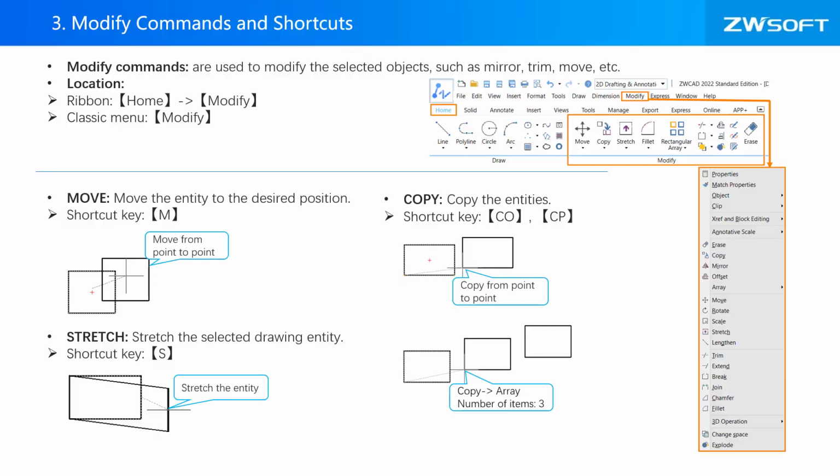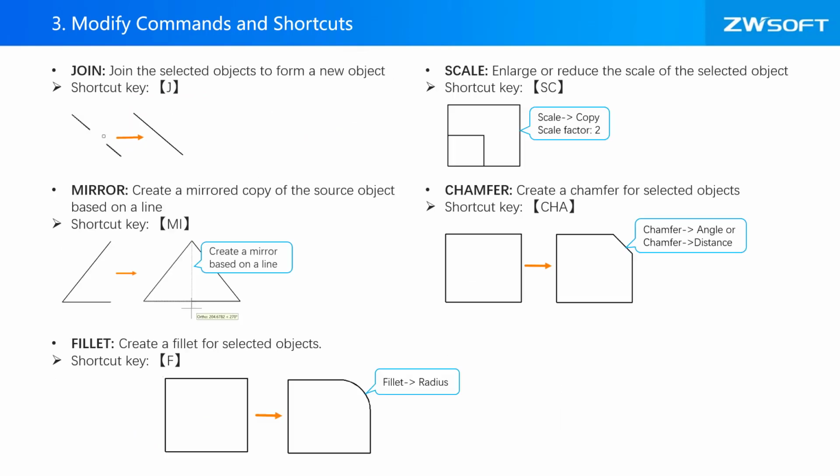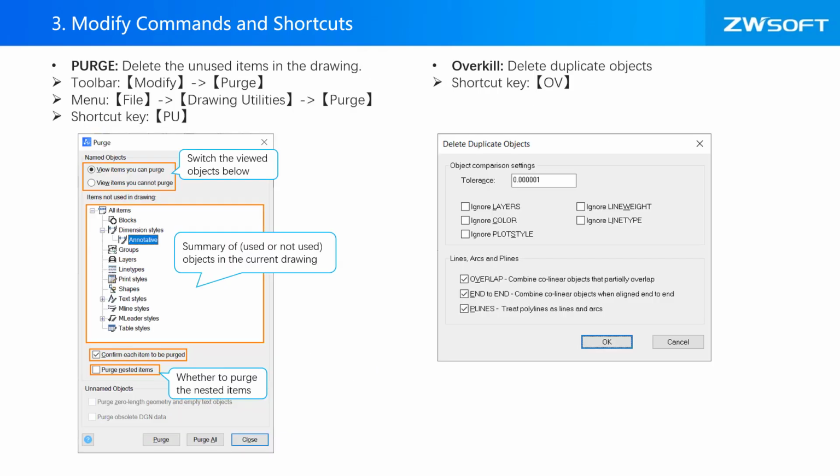There are different modify commands to modify selected objects, such as move, copy, stretch, etc. And there are also rotate, offset, trim, extend, explode, break, join, scale, mirror, chamfer, and fillet. You can use the purge command to delete the unused items in the drawing, and you can use the overkill command to